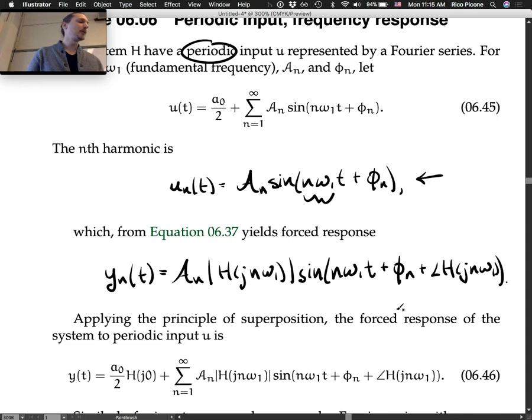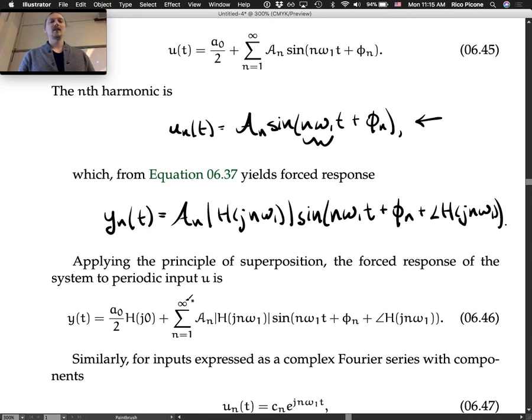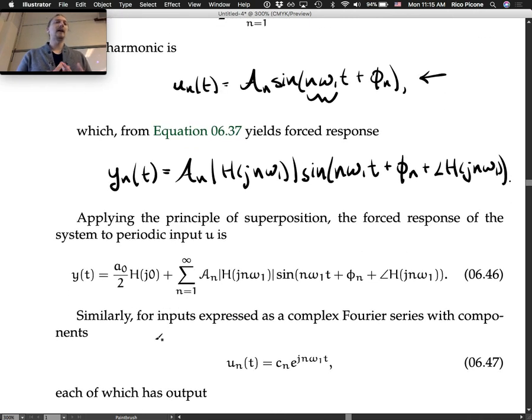The principle of superposition says if you add up a bunch of inputs which you already knew the outputs for, you can find the output to the sum of inputs by just summing the outputs. So we found the output for each of these terms. If we add them up, we're going to get our output from the entire